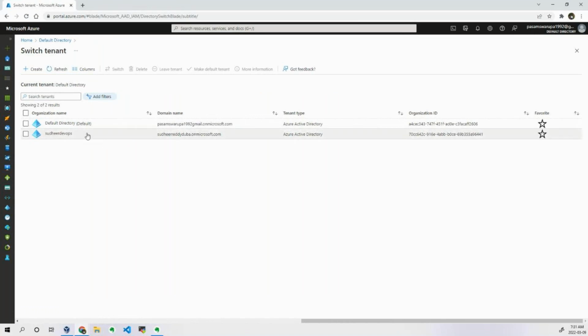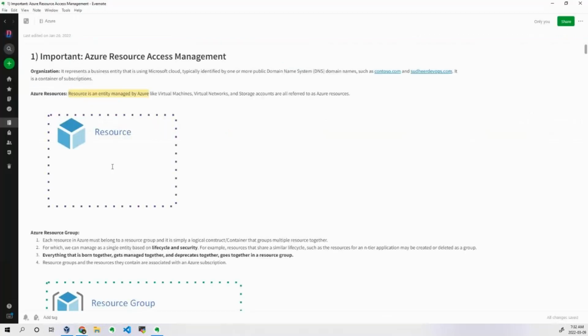If you want to, you can also do that, but every tenant will have its own subscription. I will tell you that later. Every tenant will have its own billing. So the billing of this particular tenant will not be visible here, so you need not worry. With the single portal, you are creating multiple tenants in order to segregate the authentication, the resources, and everything. You are isolating them from each other in the single portal.